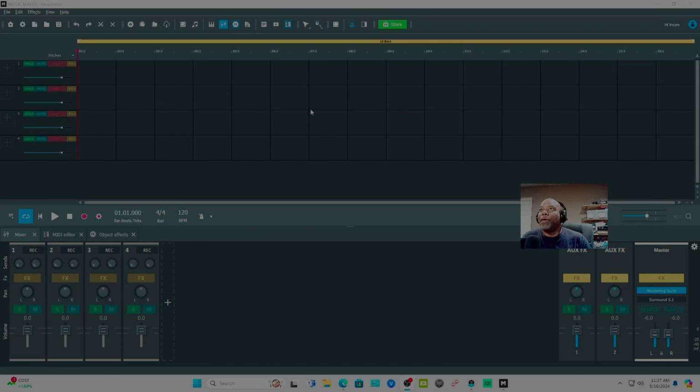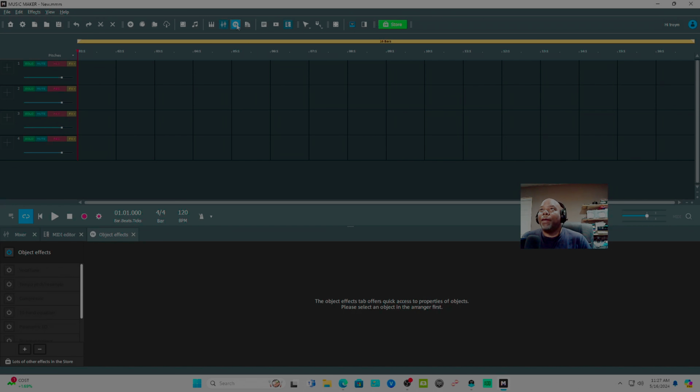So this is the mixer right here, right? Next is the effects, right? Object effects. You click this. And somebody asked about this in the Simplitude program I was using. It's different, they give you a whole bunch of stuff, right? Anyway, I don't know how to use this yet, but we'll turn it off.